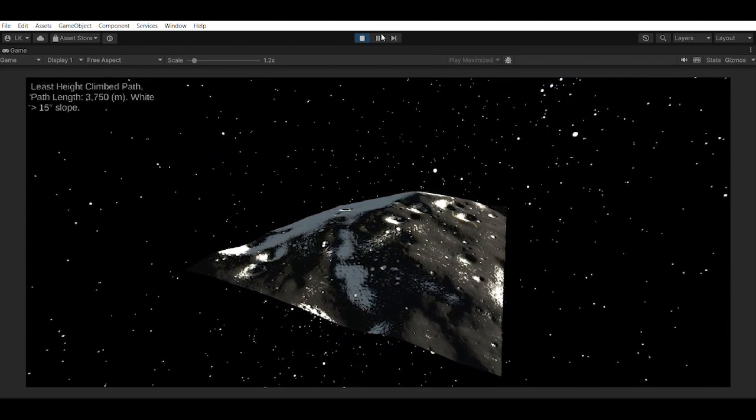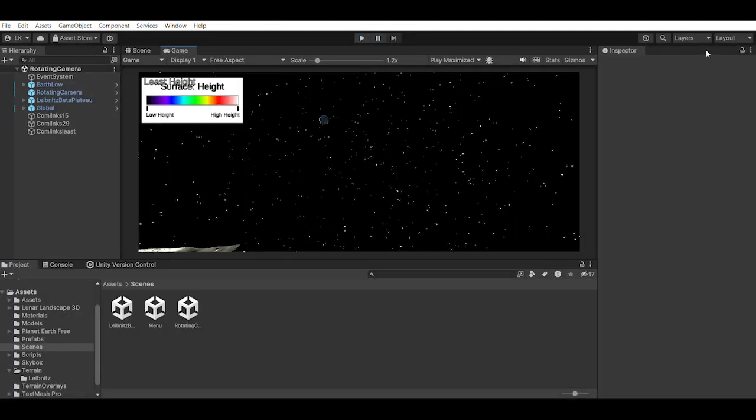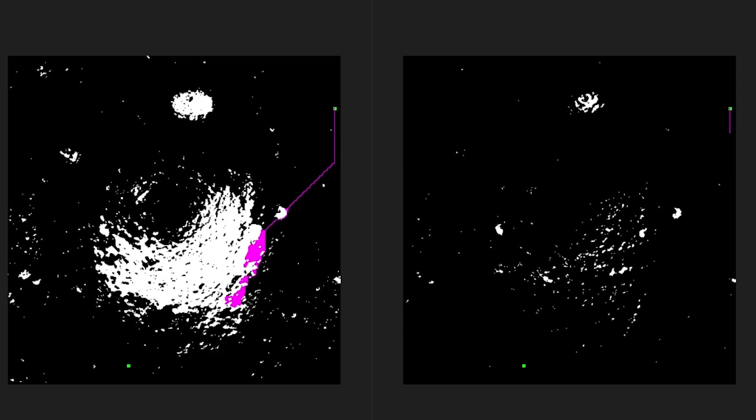A* is a best search first algorithm. This means given a weighted graph, it finds the most optimized path from the start to finish by repeatedly choosing the minimum cost node. This minimum cost node is the node which costs the least amount to travel to based off of the weighted graph.